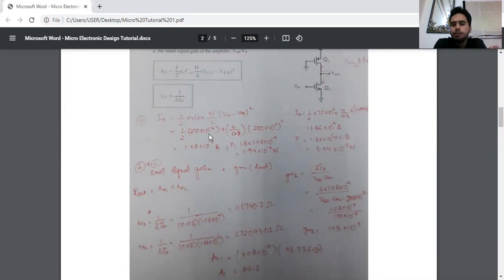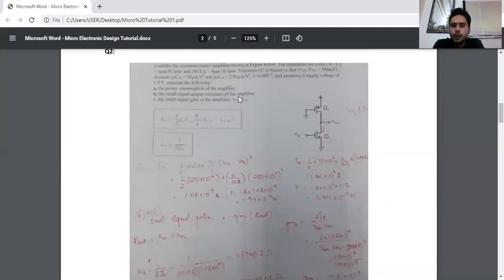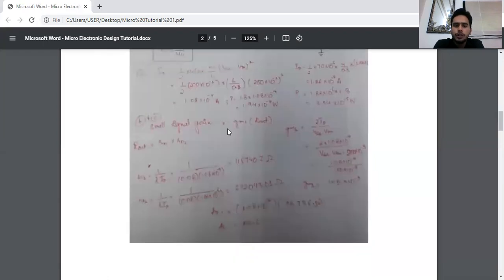So we've calculated ID for both the NMOS and the PMOS, that is Q1 and Q2, and we have the value of lambda that is provided to be 0.08, and adding those values we get R01 and R02 for both of these. So that comes out to be 1 mega ohm, and this comes out to be 6 mega ohms. Around that would be the values. So taking them in parallel in order to find R out, we get a value of 98,736, that is around 98 kilo ohms of resistance, that is the R out.